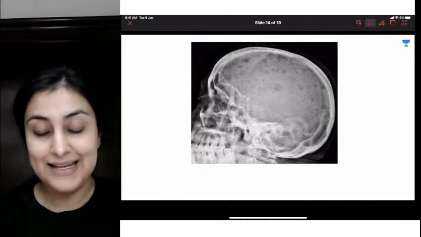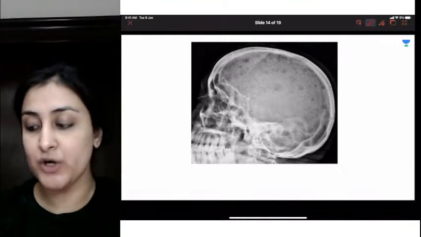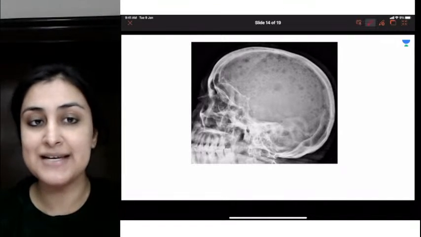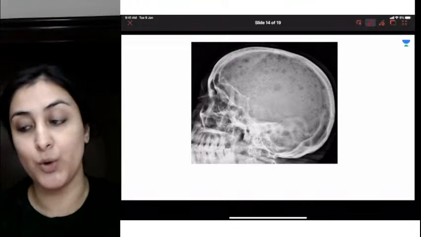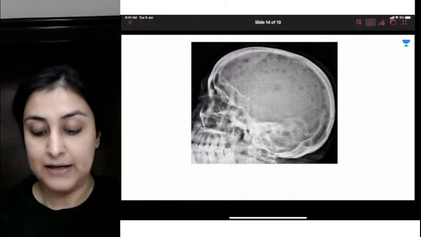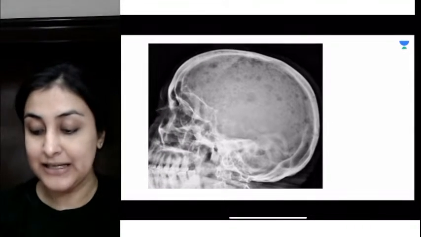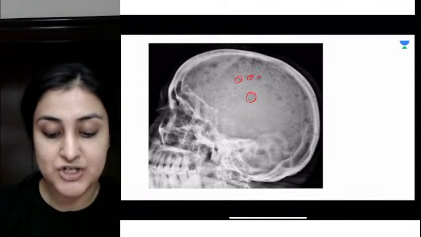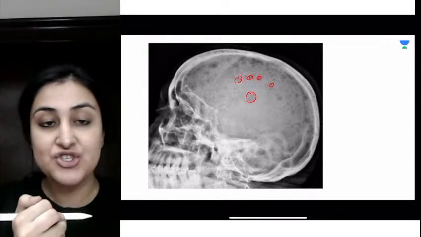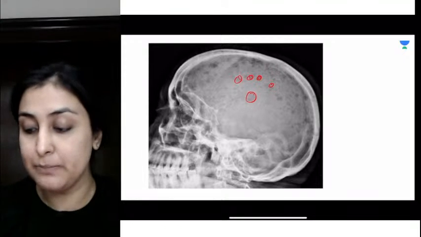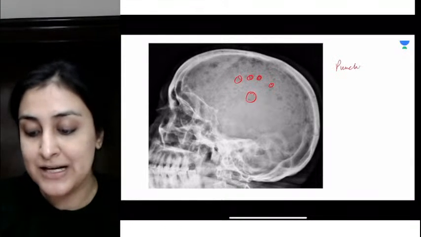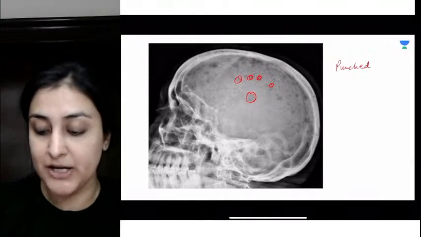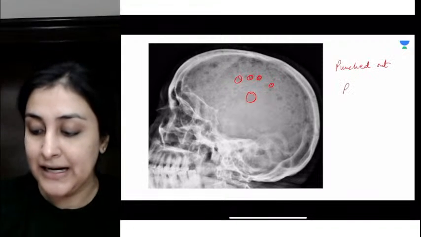Going on to the next image. Again, an easy spotter, a skull spotter. Yes, both the signs are the same pathology, both for Arnold-Chiari. Okay. What is this that we are seeing here? In the skull, I am having multiple lytic lesions. It looks like someone has punched the skull. There are multiple punched out, or it looks like it has rained down the skull, punched out, or raindrop skull,